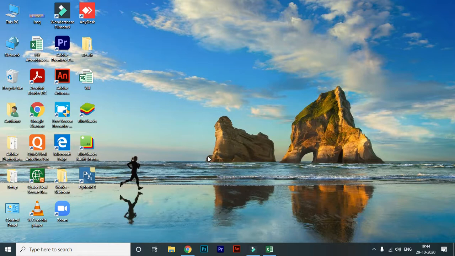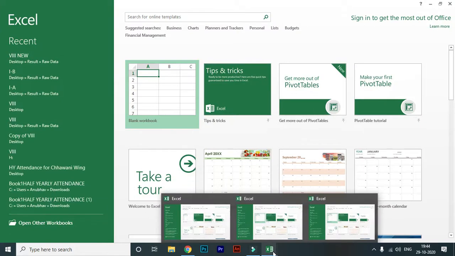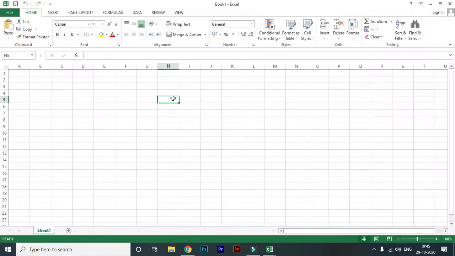I'm using the Excel 2013 version, children, but we are reading the 2010 version, so it doesn't matter. You can learn all the components because they are available in the 2013 version also.